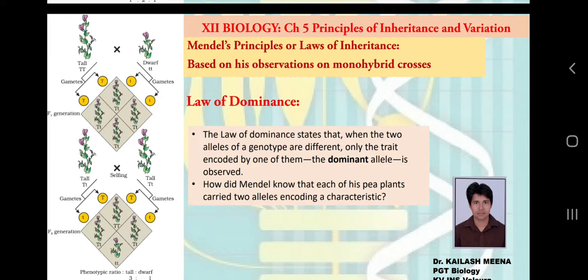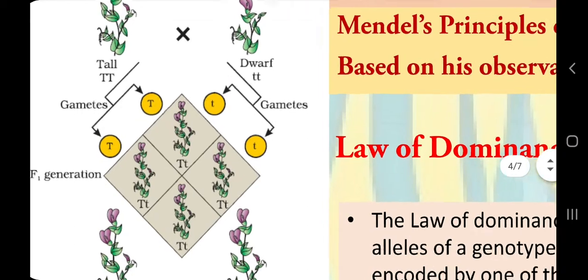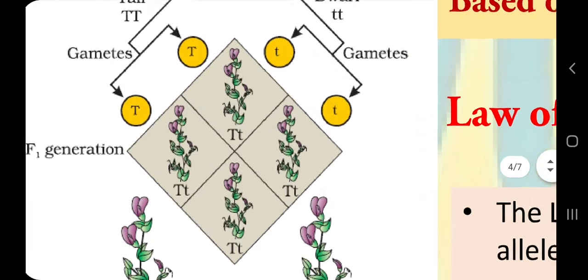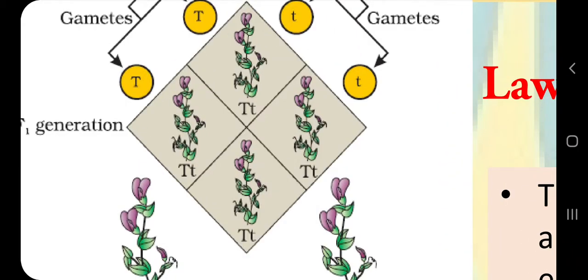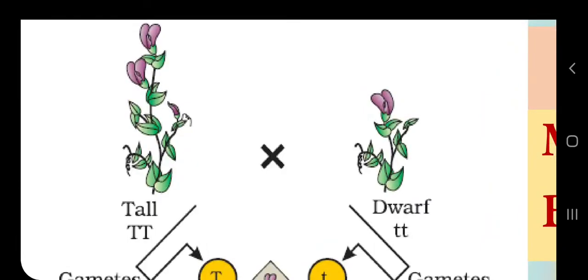So what is dominant? In this monohybrid cross we discussed the F1 generation in the example of plant height. There we can see that all plants have one allele for tall plant, denoted as capital T, and a second allele for dwarf plant, denoted by small t. All plants have both of the genes, but all plants show phenotypically the same feature as the parental tall plant, which is tall.